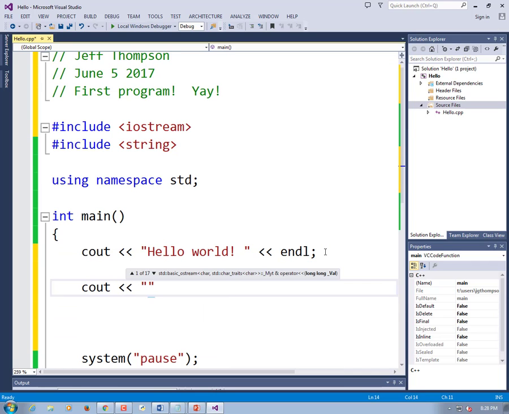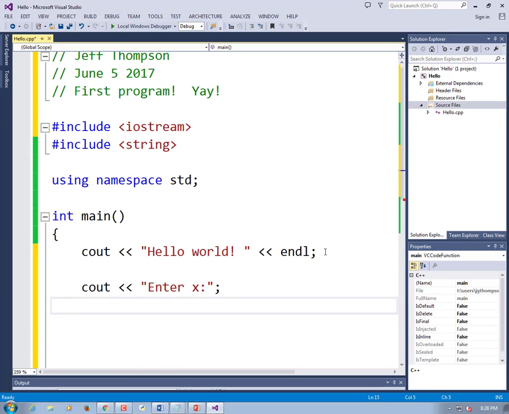Cout, enter x, colon. Now since I didn't put endl, it's not going to go to the next line. It's going to leave the cursor right there. Now we need a variable to read into. So float x; float y;